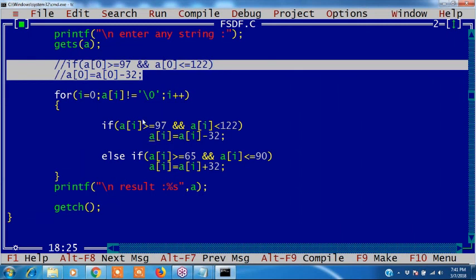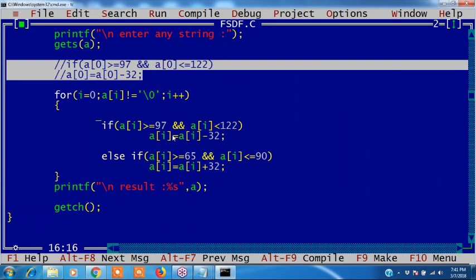If it is 97 to 122, what is meant by 97 to 122? If it is small letters, convert them. If it is a capital letter, when you have to convert to uppercase, that condition you have to write if it is 0, right?